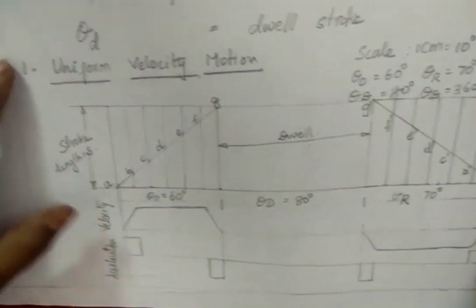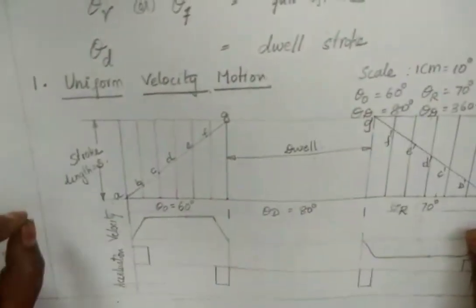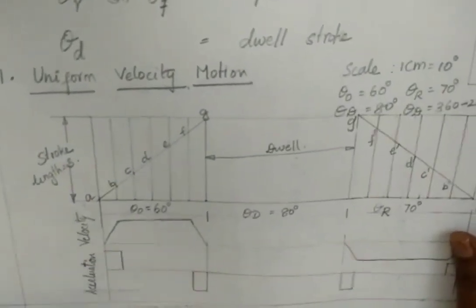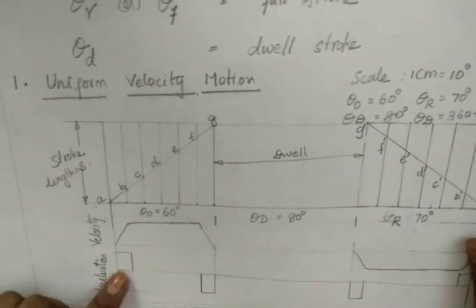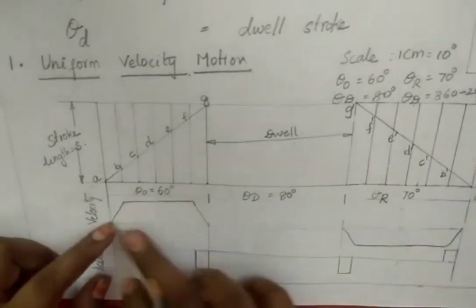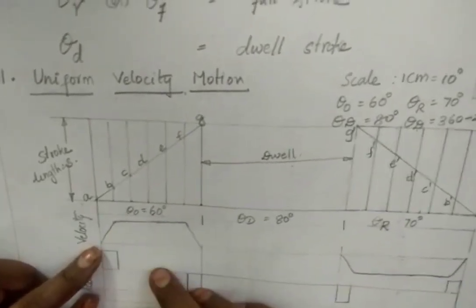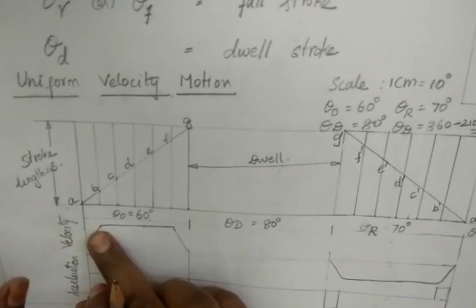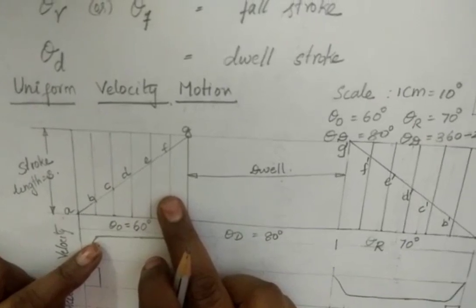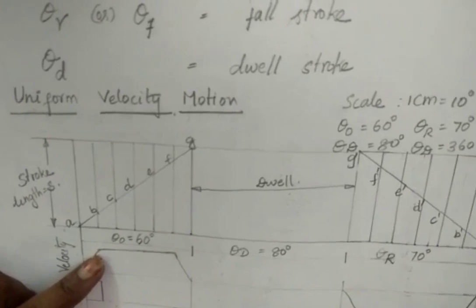And while coming to the velocity and acceleration of the follower, in uniform velocity there is no acceleration, only a minimum amount of acceleration will exist. So there is no formula for uniform velocity motion to find velocity and acceleration. Simply you can construct your diagram with the help of these curves. So the shape is like this. The velocity is attained within a fraction of a second, the maximum velocity in the rise stroke or outward stroke. And in the same way, the velocity attains the maximum level in the return stroke also.